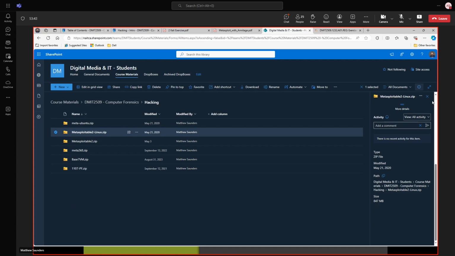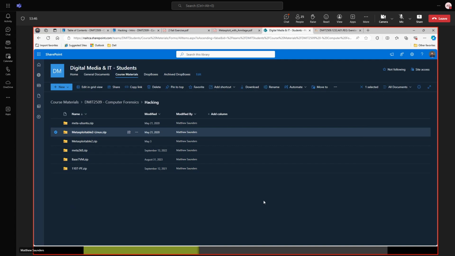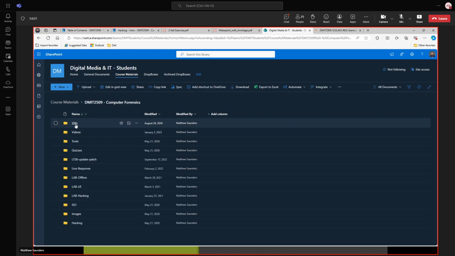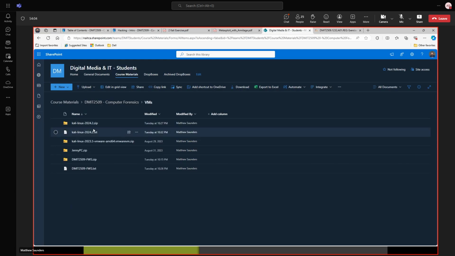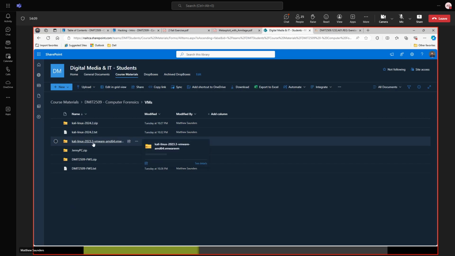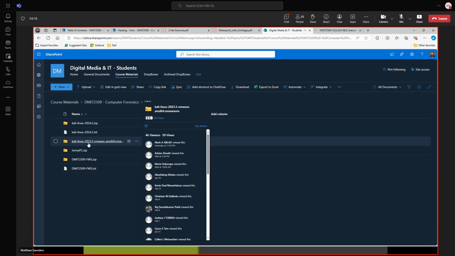So from home, hopefully that'll be a smoother experience. In the next couple of weeks, things should speed up pretty well. But you want to grab that because we're going to make use of it. And you also need that Kali VM that I've made available. I think that is just under VMs, so there's 2024 and 2023. Either or, I would say. If you're having a problem with the 2024 one, try using 2023, because we used it in the last two courses and it seemed to be okay.